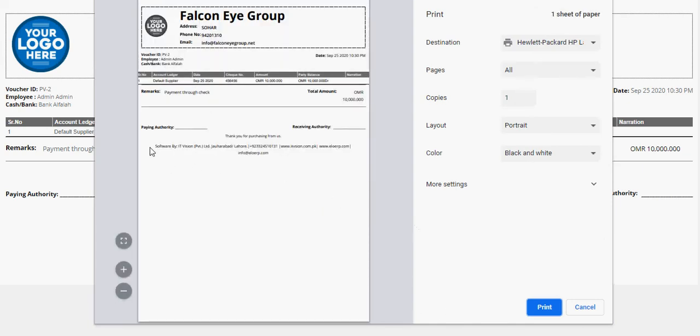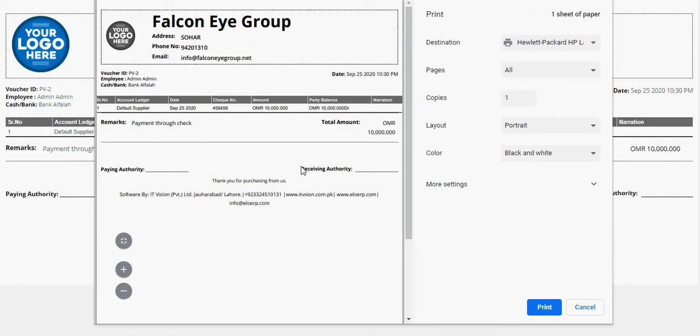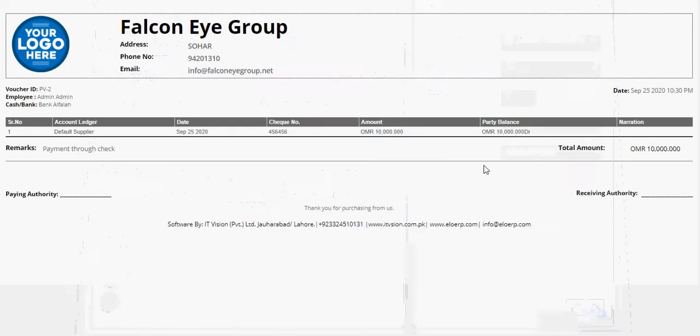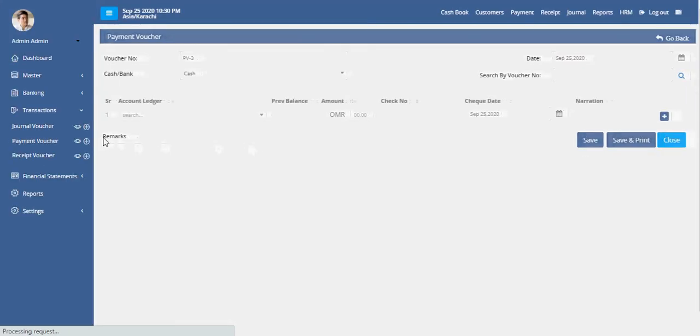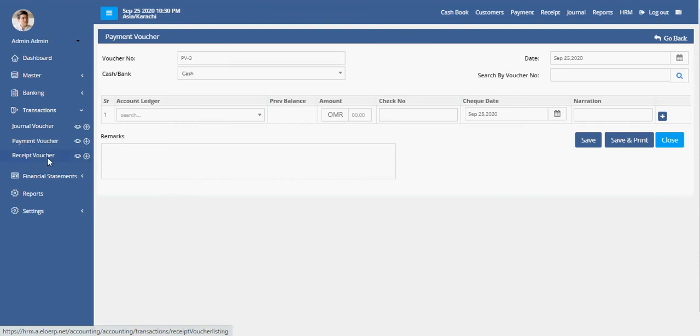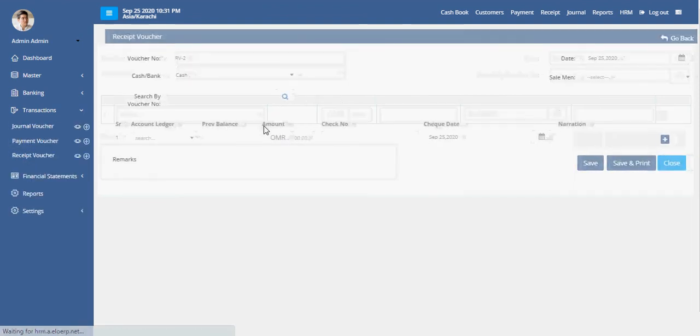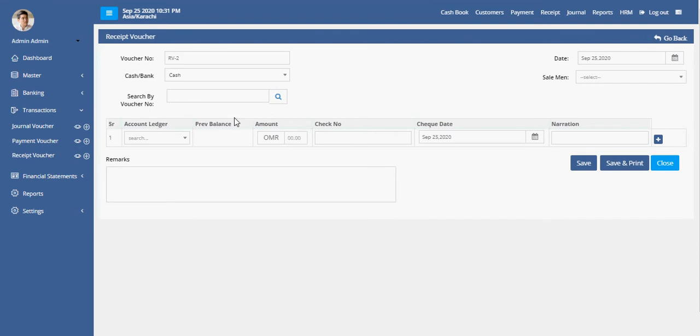We can print this out, take the signature from the receiving authority, then this is the receipt voucher. If we are receiving some payment from customer, we will use the receipt voucher.